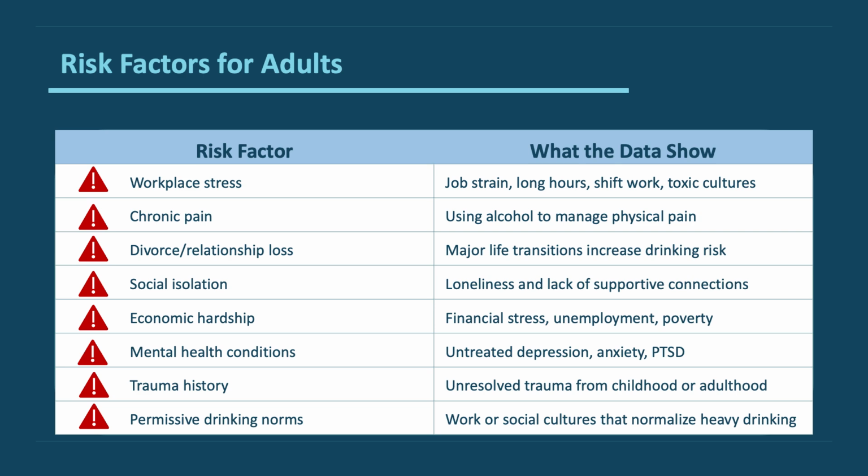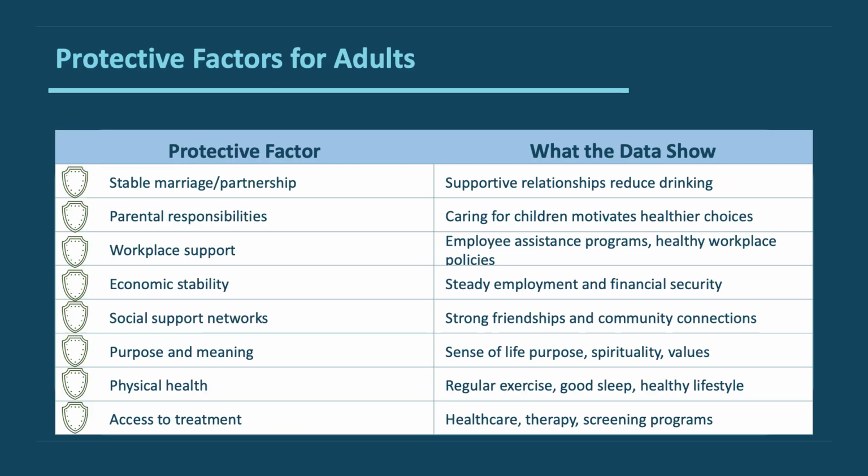And so as we're thinking about all of these factors that many of you are dealing with and addressing with populations on a daily basis, we need to be thinking about the alcohol component as well, as another risk factor that's being added in on top of all these other behaviors that they may be at risk for. Again, these are mostly flip side, but even things like just having good physical health reduces the likelihood of alcohol misuse. Having access to treatments reduces the likelihood of alcohol misuse, even outside of all the other factors that we're talking about. So there's a number of things here that we can continue to build on and support to help address risk and protection within these communities.